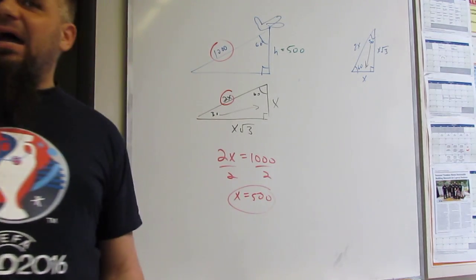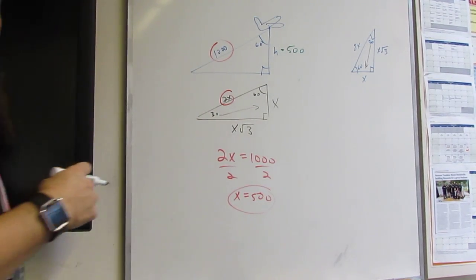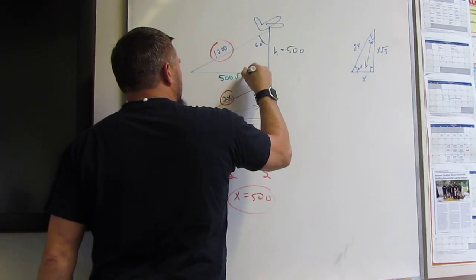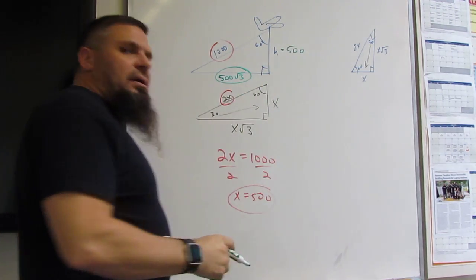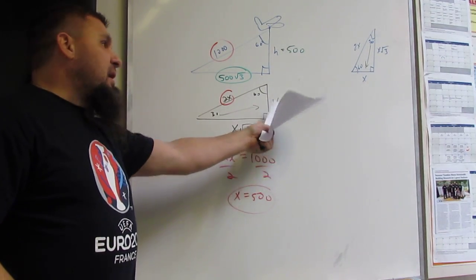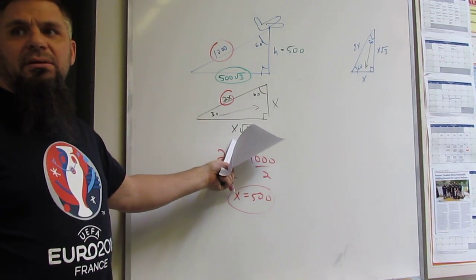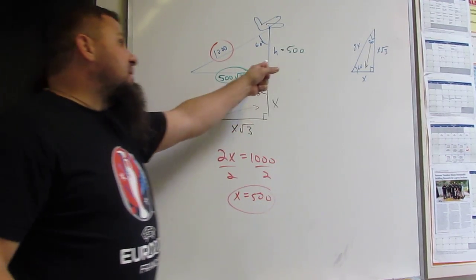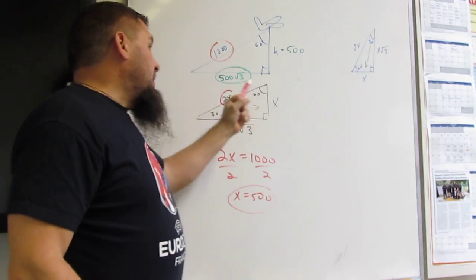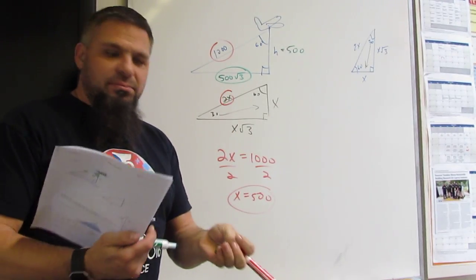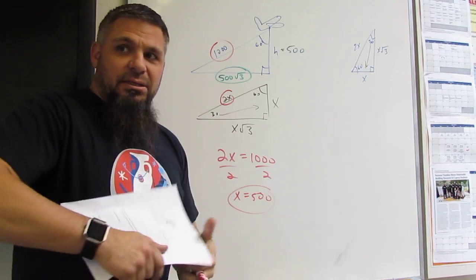Now, if they asked you for the bottom one, we should know that this would just be 500 square root 3, because we just take whatever that x is and put it in front of square root 3. H equals 500. But if they asked you this, they didn't ask you, but hint, hint, nudge, nudge,